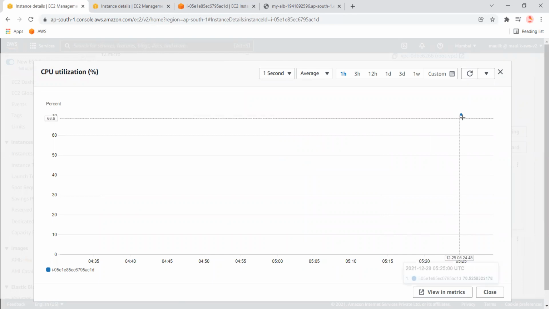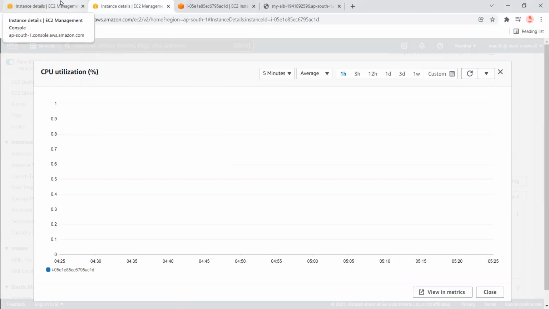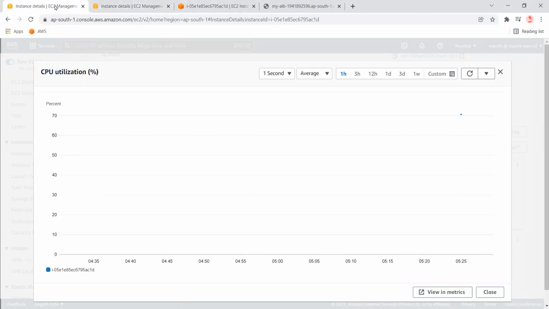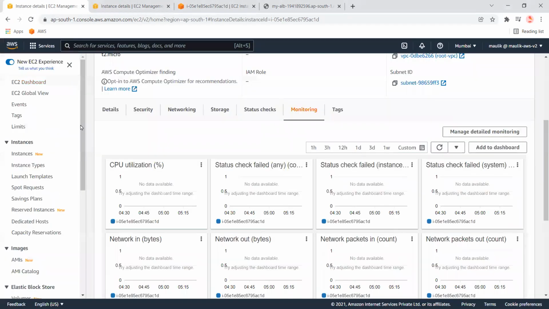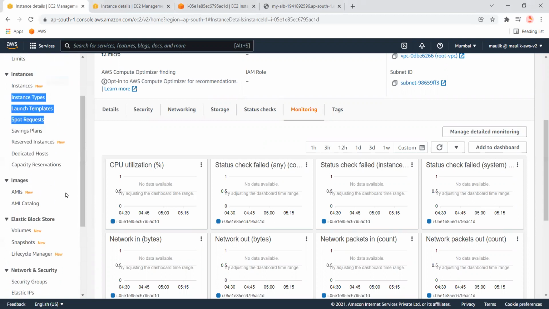You see, it has reached 70%. Now the alarm should be triggered, and it should scale out the auto scaling group, meaning it should increase the instances. Let me show you.